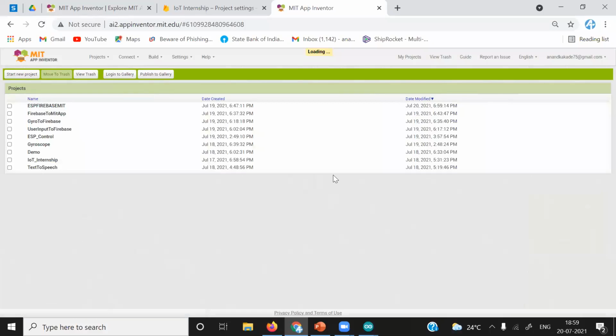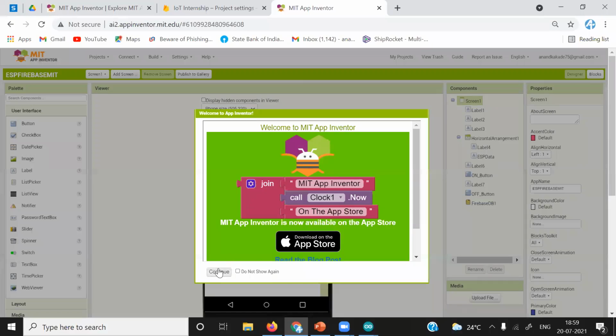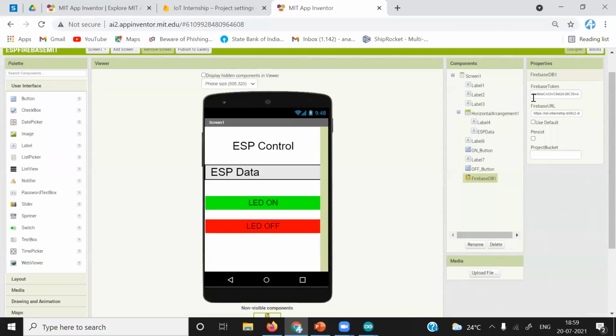I will refresh it again. We'll just check that we have it. Okay, it is HA4K. Yes, it is the database secret key. Now I will connect again with the AI Companion.